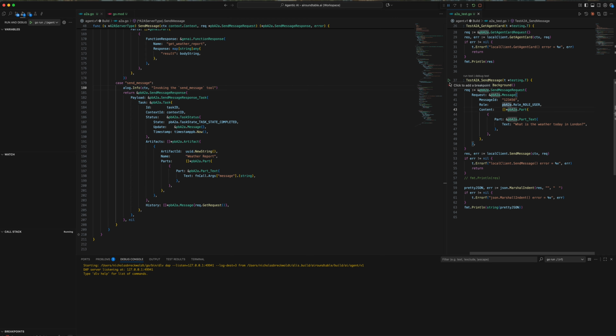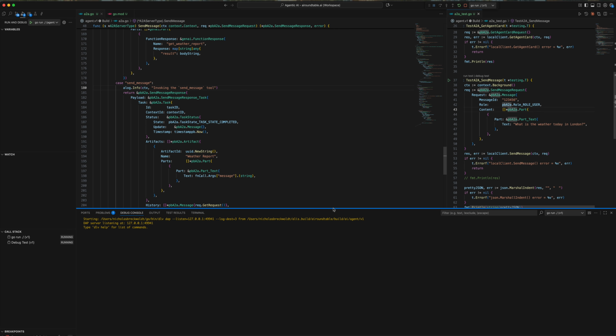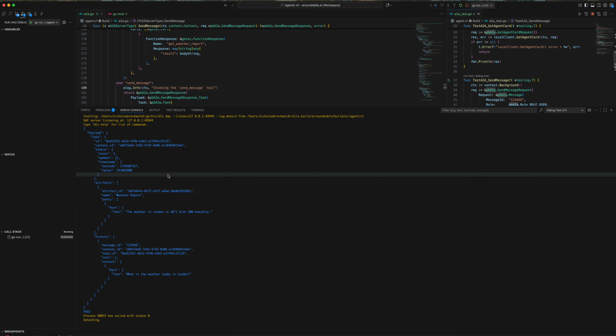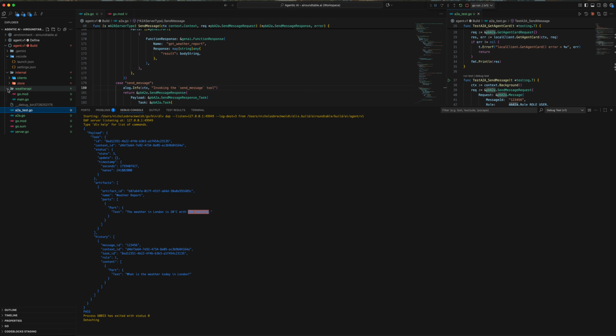Right, so I think we're ready to run. So let's see if we get a response as we expect. So we see the agent has invoked the weather report tool and now invoked the send message tool. And now if we look here at our response, the weather in London is 20 degrees Celsius with 30 degrees humidity, and it's no coincidence that it's received 20 degrees Celsius and 30 degrees humidity,